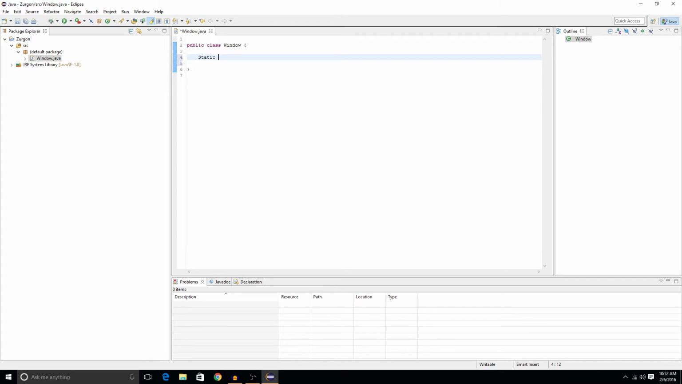So static, public, void, main, string, args. Get a little bit of that in there. This is what we like to call your main method. So whenever you run your program, everything that's inside of these two brackets right here is ran, or gets executed,